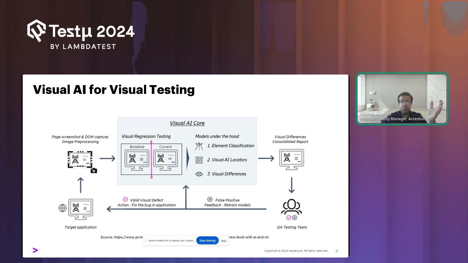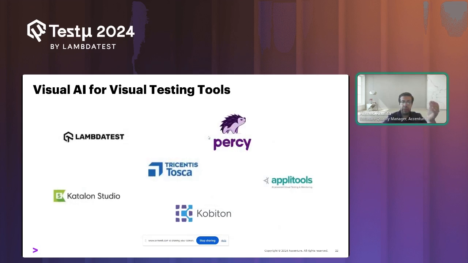And now a lot of tools are actually providing this visual AI. You could see a lot of tools in the market, such as LambdaTest, Tosca, Applitools, Percy. All of these tools introduce visual AI, which makes visual testing much better. And you could test, for example, multiple browsers, multiple different versions of browsers. You could just, with one click, test different viewports. And this was a very huge step in visual testing.